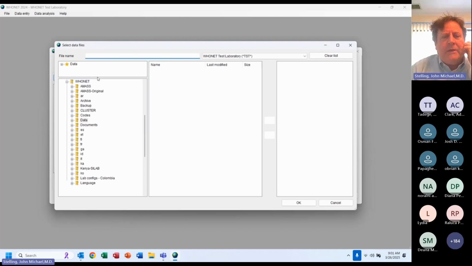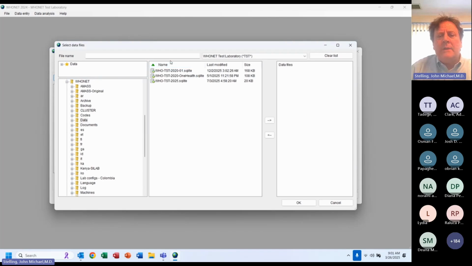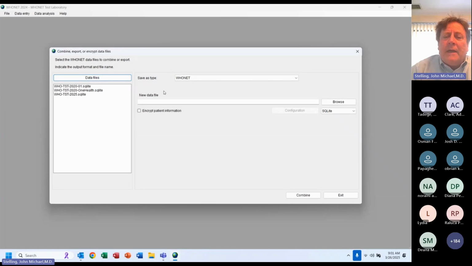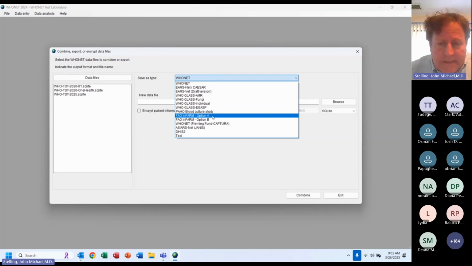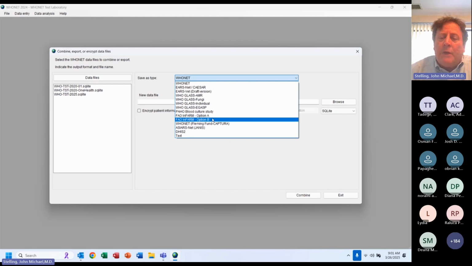So for example, here I can say I want to combine all three of these together. I can say all three files. Adam, can they see that I'm selecting those three files? Yes. Thank you. And then I can combine them into one WHONET file, or I can export them to WHO GLASS, or I can export them to FAO InFARM option A, which is isolate level reporting, or option B, which